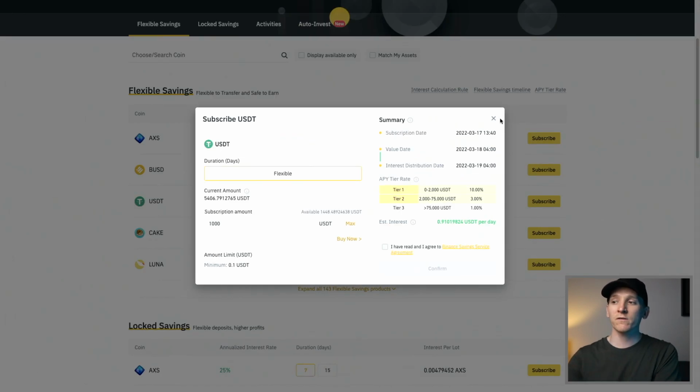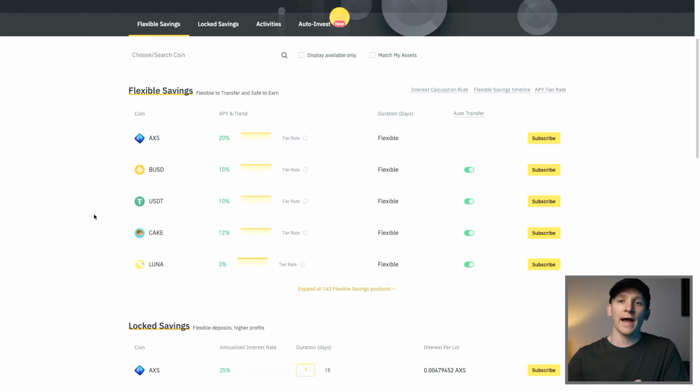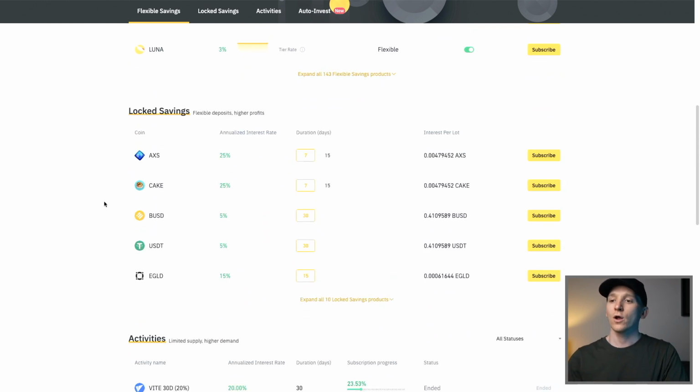Now, because this is flexible savings, you can actually just transfer it out at any time and give up that day's interest. Or if you want to take it out and you're happy to wait a day, they'll pay you that day's interest and then transfer it out the next day for you. So that's flexible savings. Lock savings,